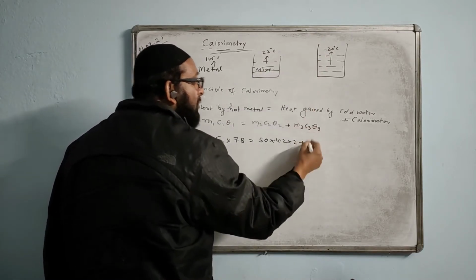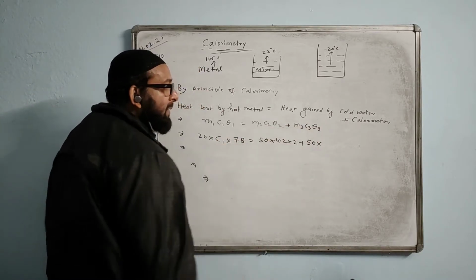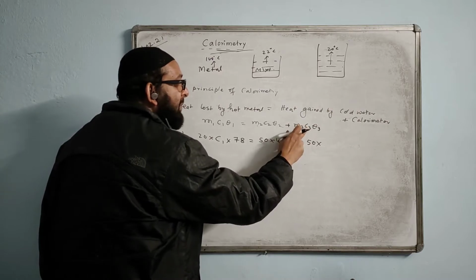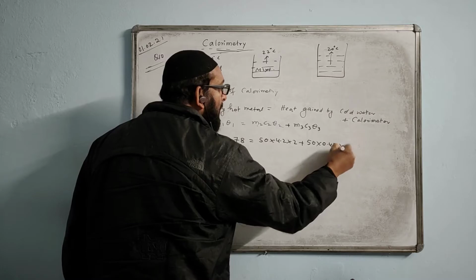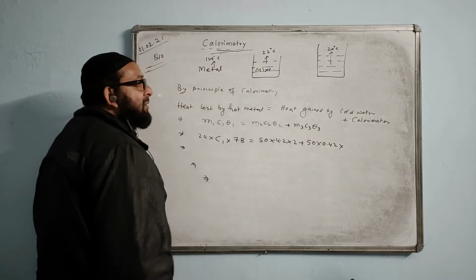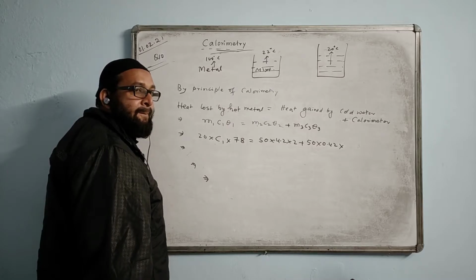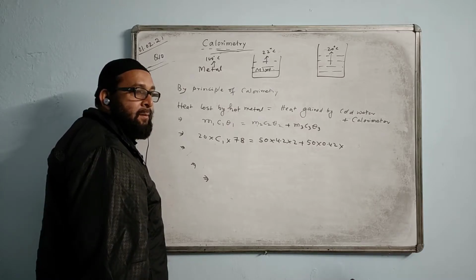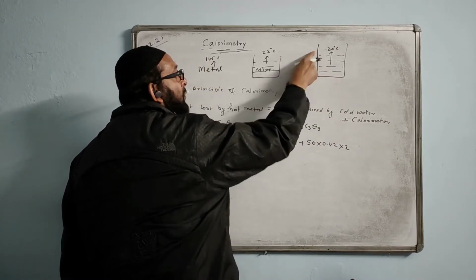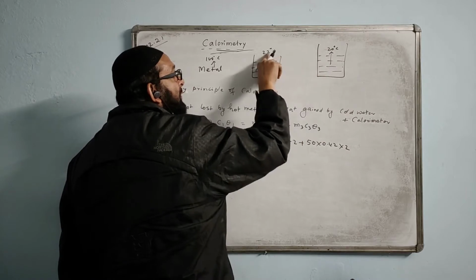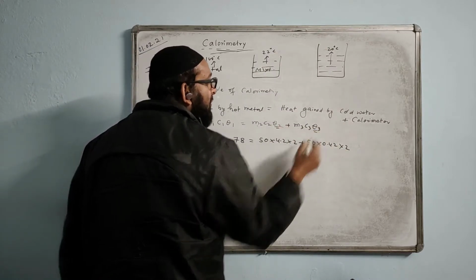Mass of the calorimeter is also given, 50 gram. Because C1 is alone, this side the values will be given. C3, specific heat capacity of the calorimeter, is given as 0.42. Theta 3 is how much? 2 only, yes. Whatever happens with this water, the same thing will happen with the calorimeter. Calorimeter temperature is 20, here the calorimeter temperature is 22. The difference will come 2. This and this value will always be equal.